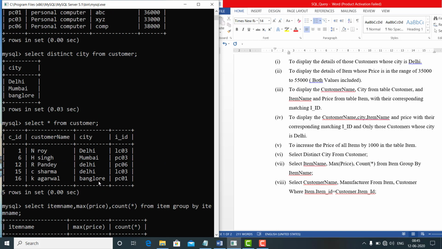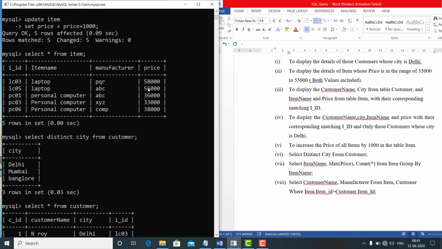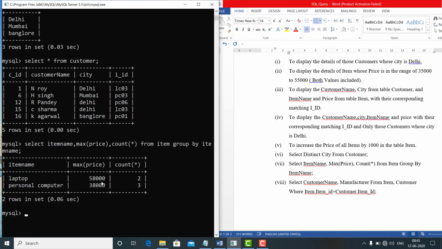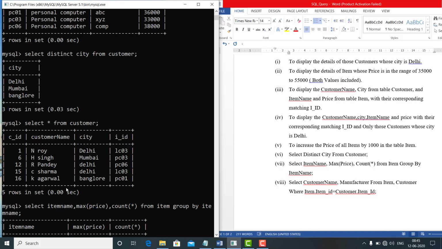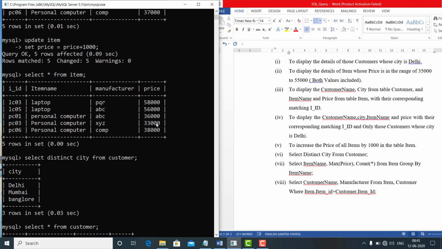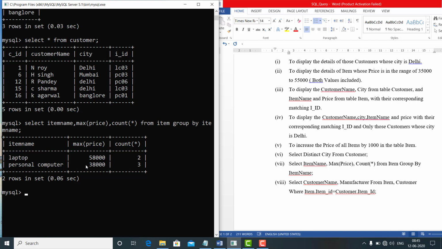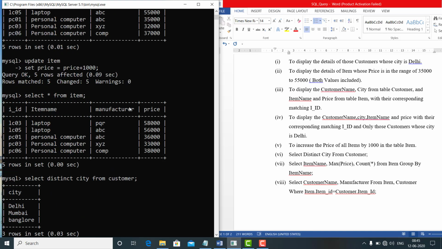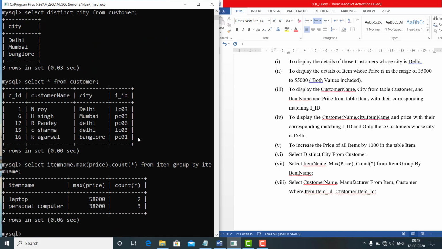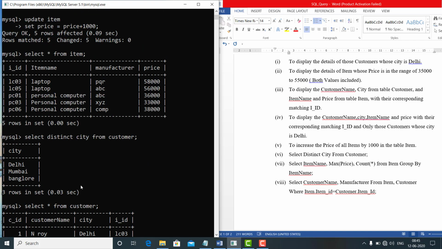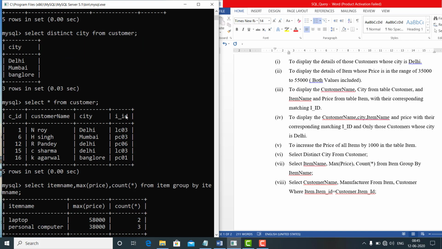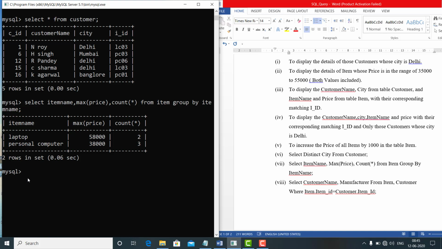This laptop has the maximum price 58,000, so it shows 58,000. Among the 3 personal computers the maximum price is 38,000, so it shows 38,000. From this record you will write the output. Clear? Not by the system, you will perform it yourself.